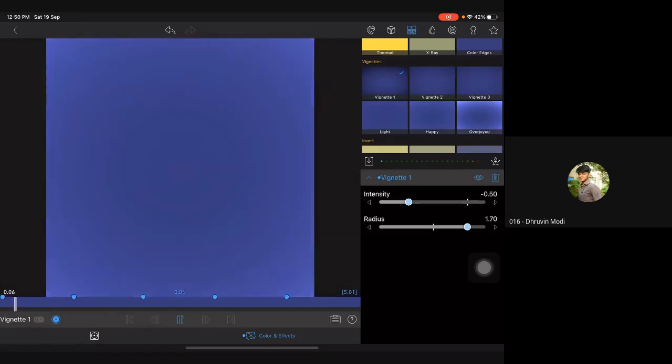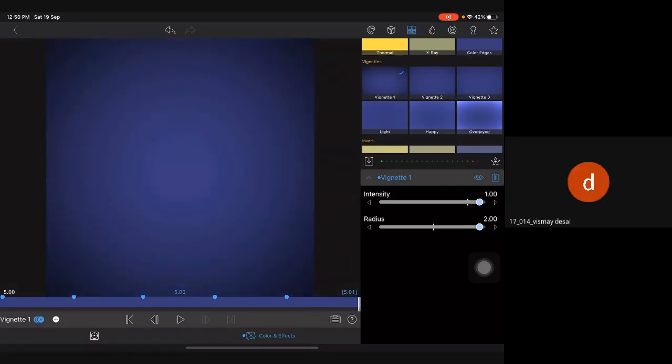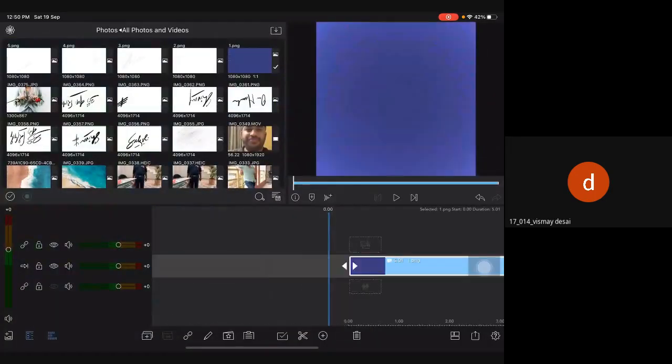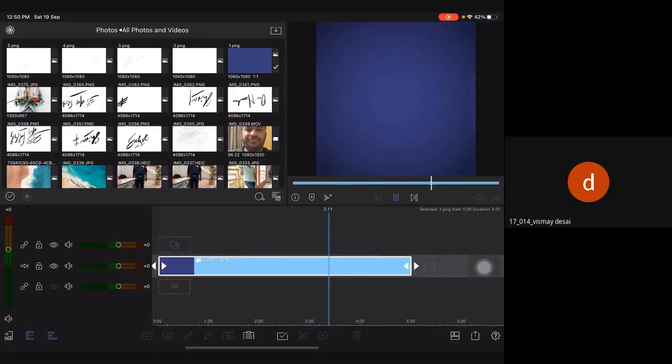It will look like this. Are you able to see the animation? Yes, sir. So I think this is quite good. So this is done. We go to our time frame. This is called time frame in any software, right? So now my time frame is ready, and you can see it will look like this for the 5 second clip. Fine.